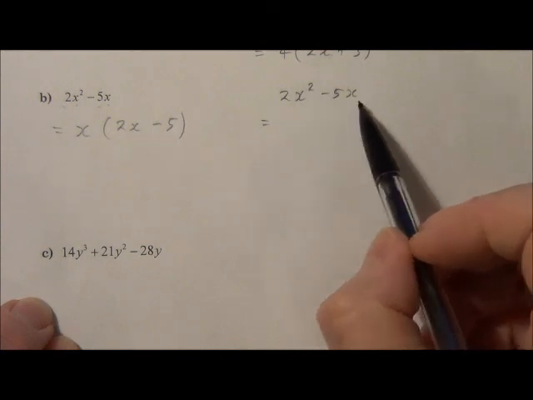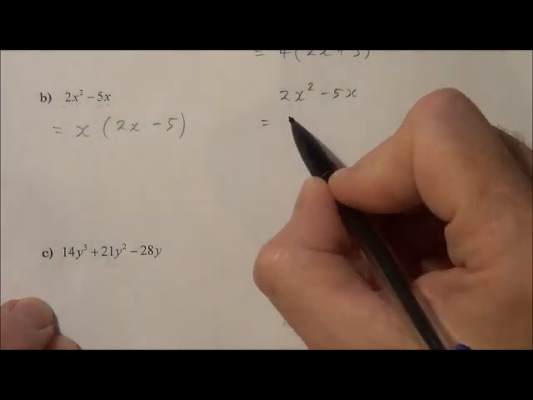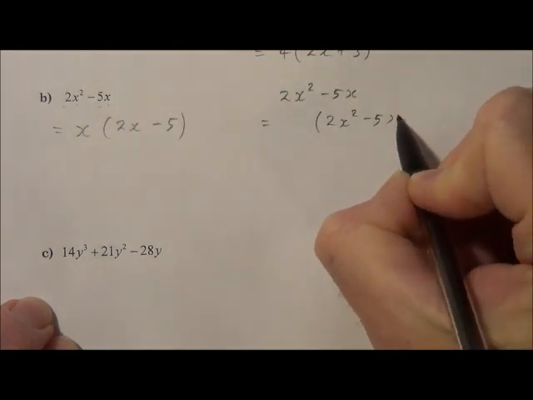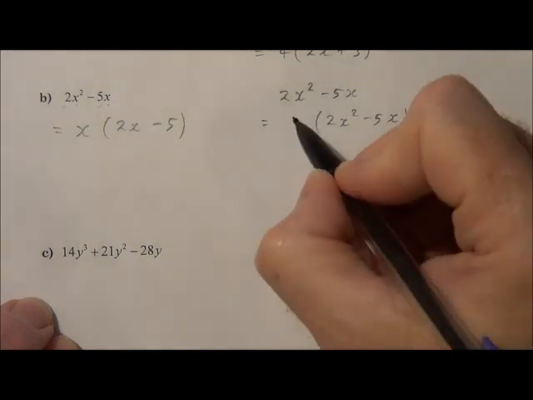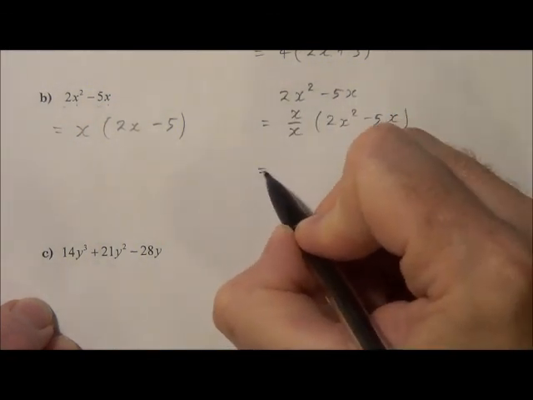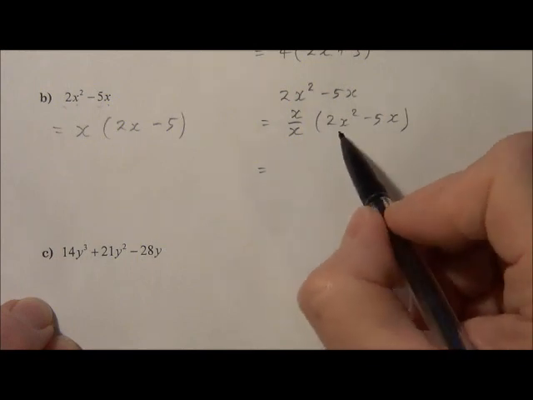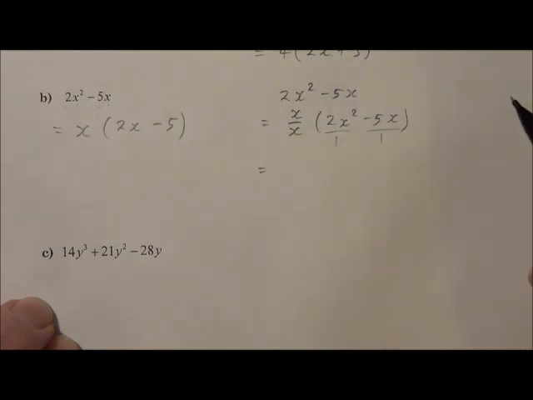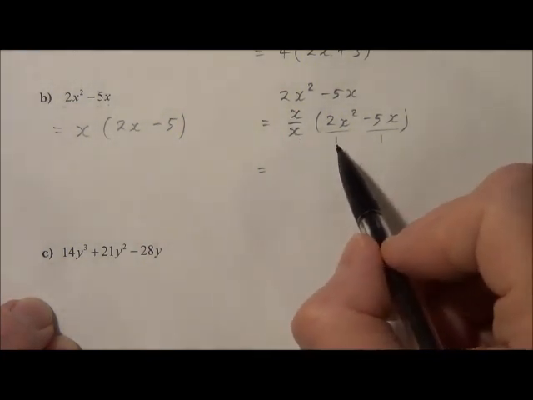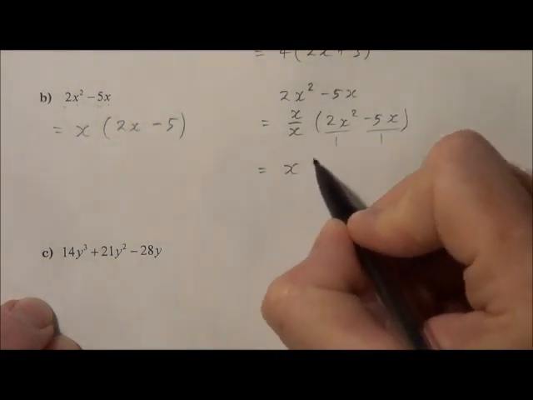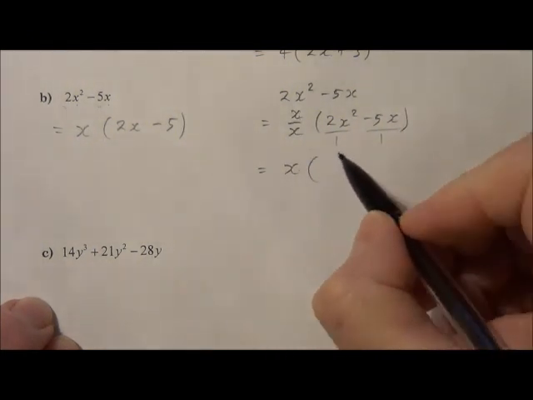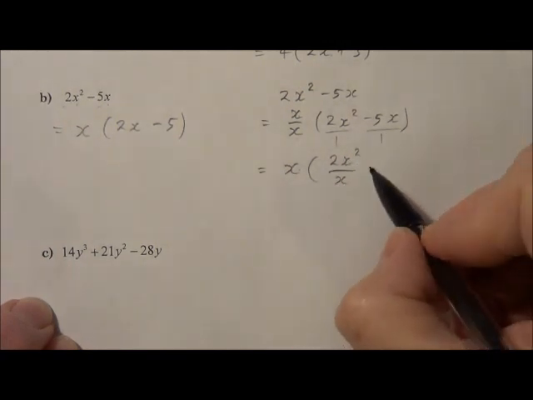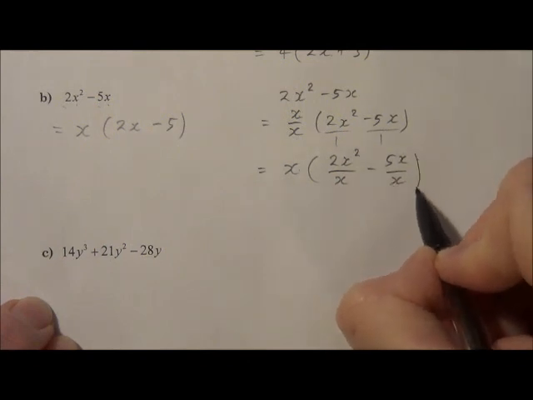And again, I'm going to find what the greatest common factor is, but I'm going to multiply this 2x squared minus 5x by 1 using the greatest common factor, which would be x over x. Again, 2x squared as a fraction is 2x squared over 1, and negative 5x as a fraction is negative 5x over 1. And then I just multiply this denominator into the denominators inside, so I'm left with x from the numerator out here. Inside I've got 2x squared divided by x minus 5x divided by x,